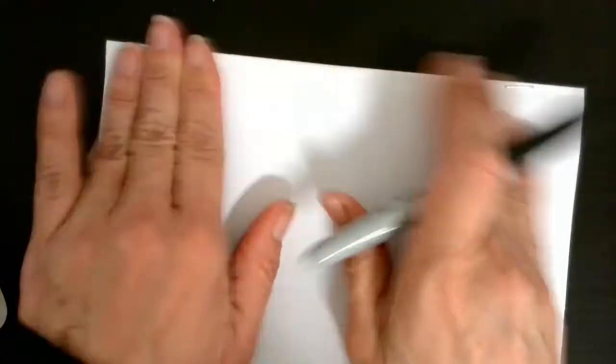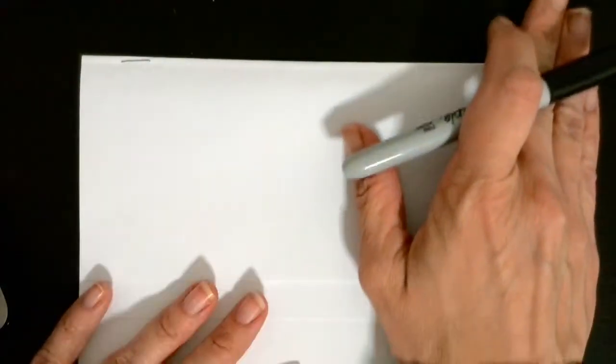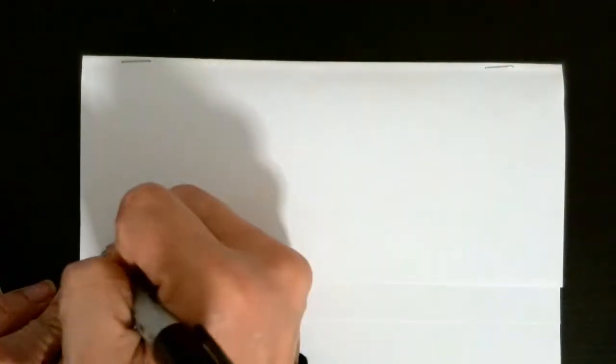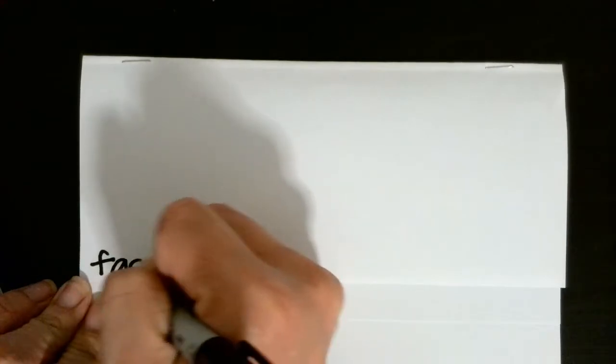Now, I like Sharpies to highlight this kind of stuff, but if you don't have a Sharpie, don't let that deter you from doing this extra credit. This is awesome extra credit, and it's a good refresher. You're just going to write down the things that we have covered in this chapter. So we are doing factoring,